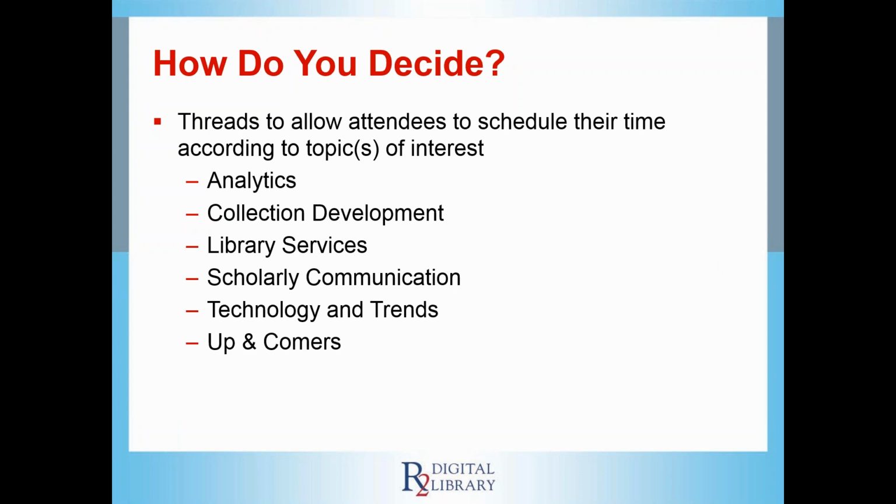So as you can see on the slide, analytics, collection development, library services, any of these themes that are important to you and important to your library that you'd like to hear more about, every single session is categorized according to its subject heading, and it's put in the right thread. So you can tell this is a meeting by librarians for librarians, everything nicely, neatly organized. So once these links are available, you can absolutely browse according to subject area and area of interest, the sessions that may be the most valuable to you. So it's not going to be an undifferentiated mess. It's organized, it's done by librarians, and you can pick according to your level of interest.